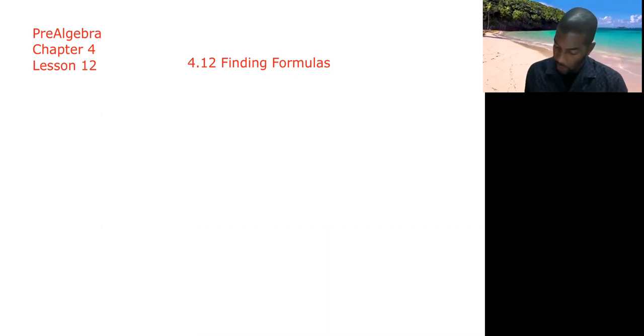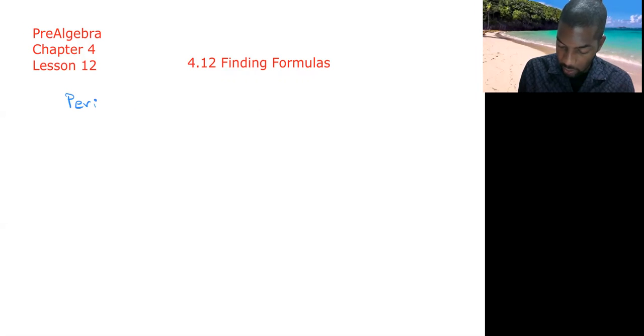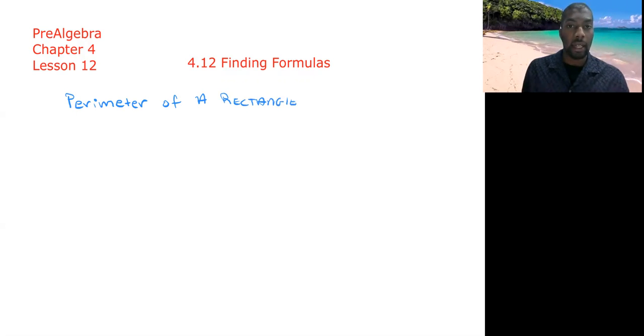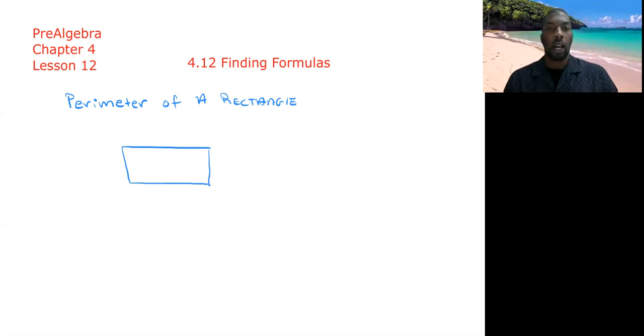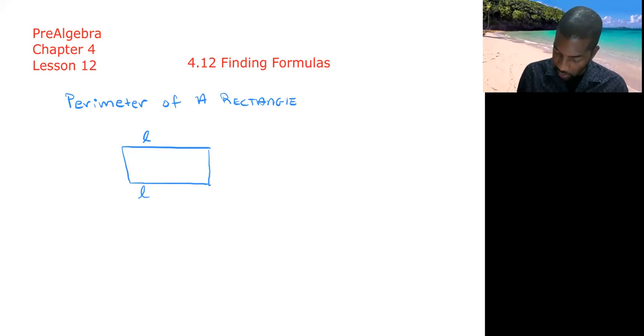So let's get started. You are going to need to write down the following three formulas. The first one, you already know. This one is the perimeter of a rectangle. And as you know, a rectangle is any four-sided polygon that is enclosed, okay? And the perimeter, as you know, is composed of the length and the width,